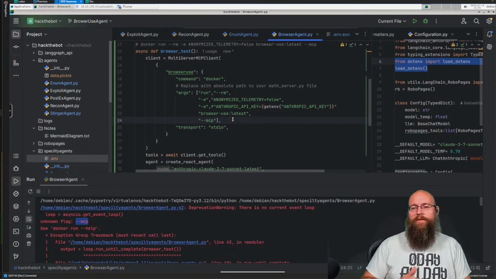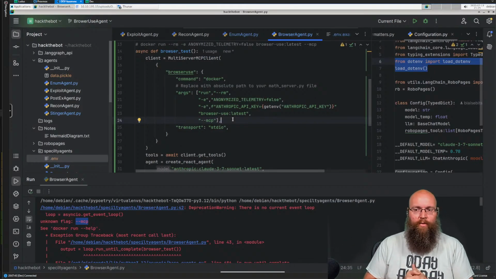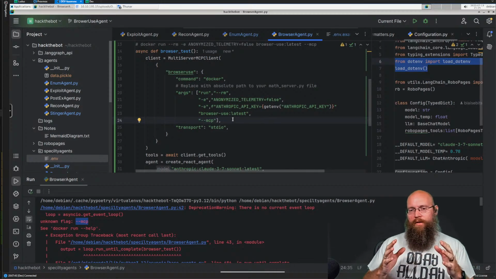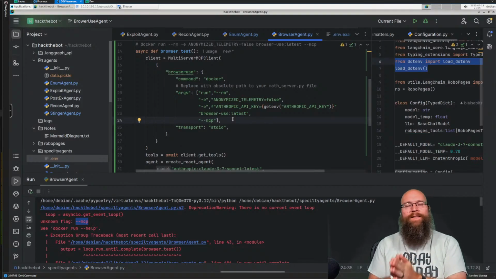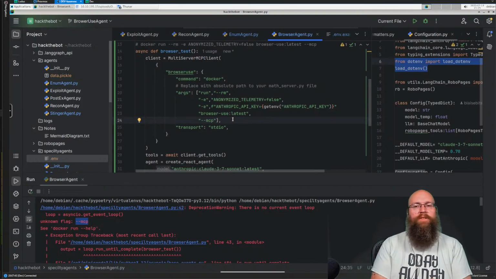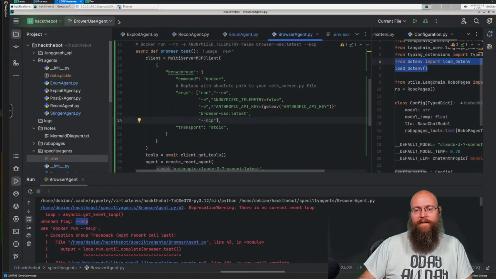Eventually, when I get ready to publish, we'll call it the alpha build of HackBot, like the very first release of it, one of the things we'll do is have Docker repositories set up so we can have controlled Docker containers for people, or we'll have something where it's very easy to build the containers and not have to clutter up the system. Because for this one, we had to clone down the entire browser use code repo, right? That's a suboptimal solution.